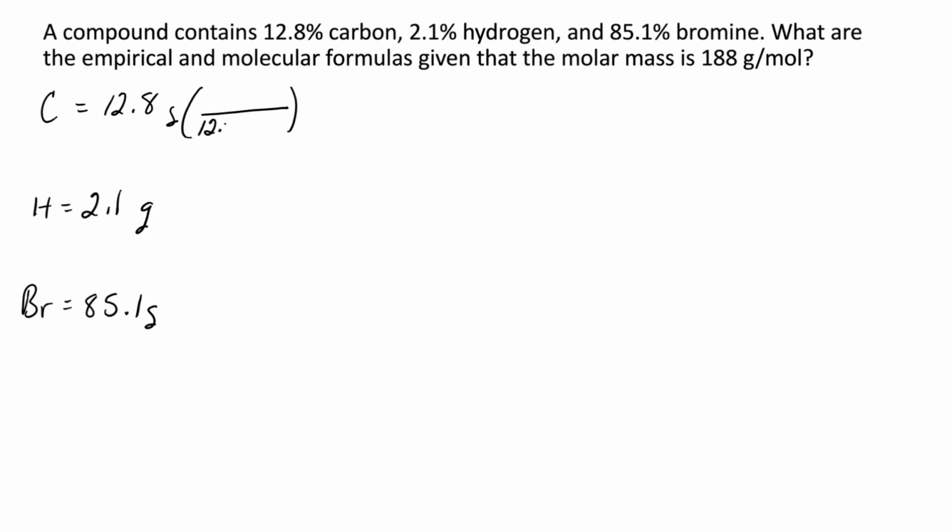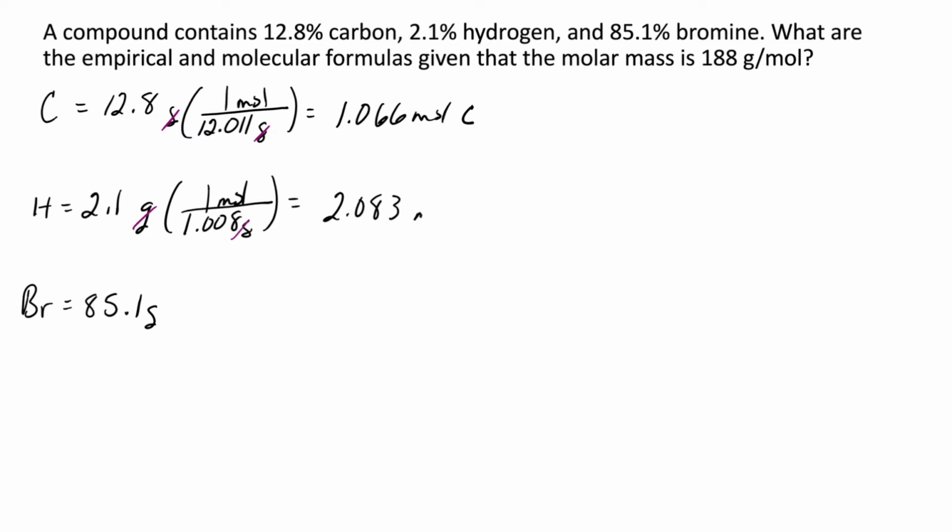Carbon has 12.011 grams per every 1 mole. Putting grams at the bottom allows me to cancel out grams and keep moles, which is 1.066 moles of carbon. Doing the same for hydrogen, we have 1.008 grams for every 1 mole. Canceling out grams gives us